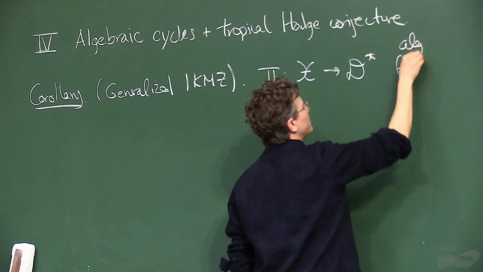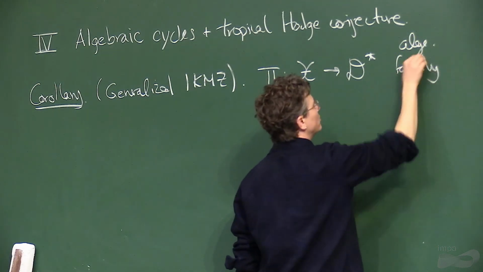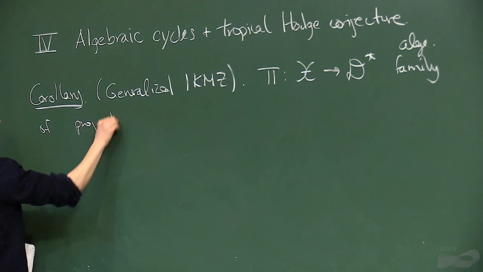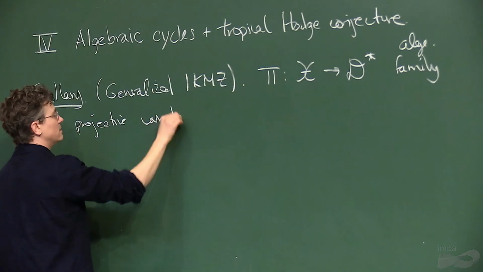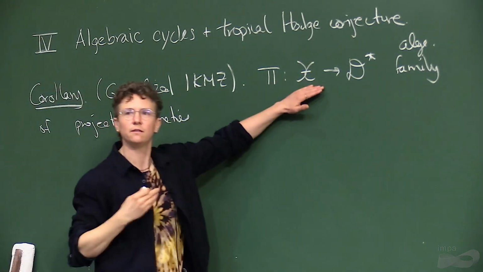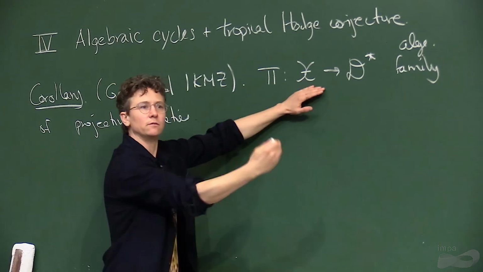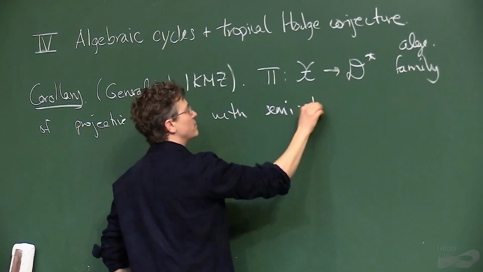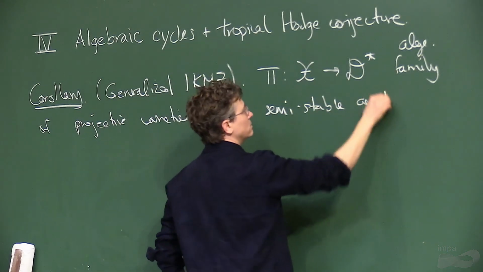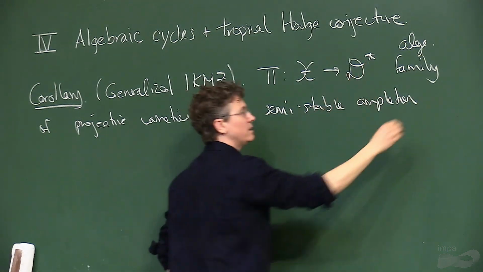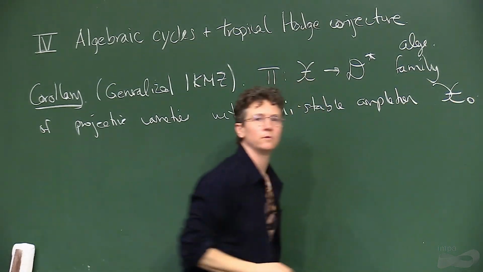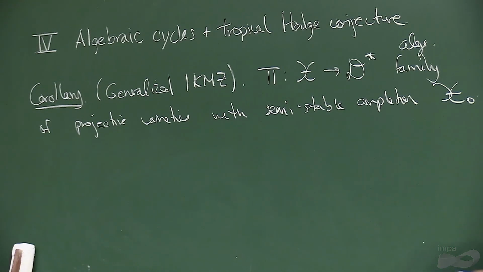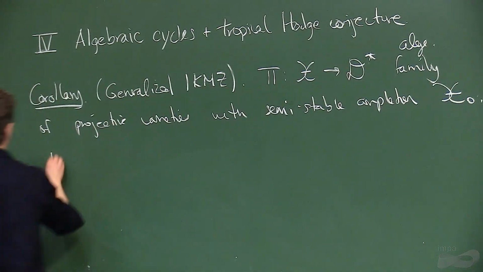So let me put algebraic here because I will want to take a semi-stable completion of projective varieties. So when I say projective, I mean I want a family of varieties in projective space over this disk with semi-stable completion to the whole disk, meaning that we'll have some special fiber X0. Okay? And that's the setup, and the condition is if now